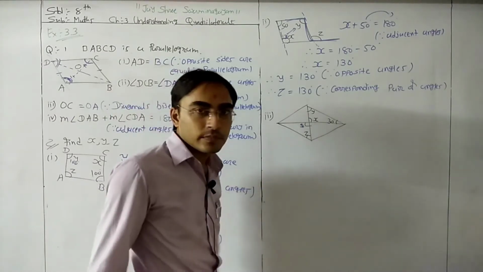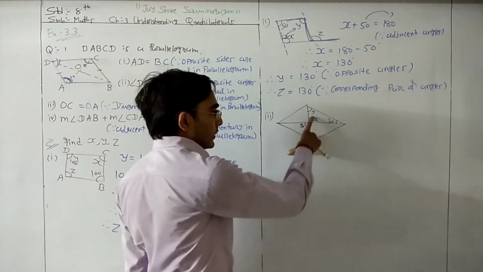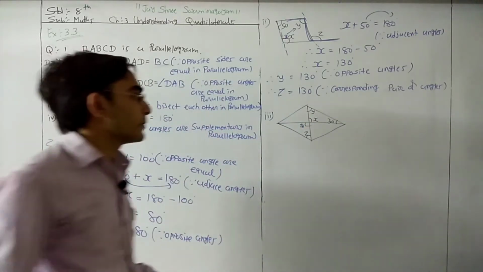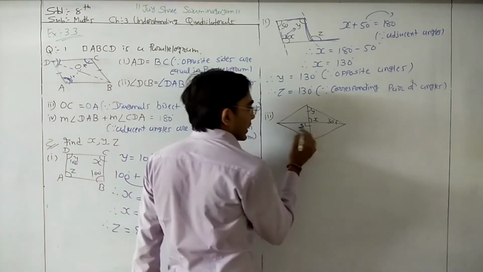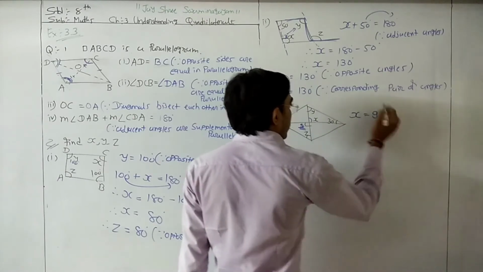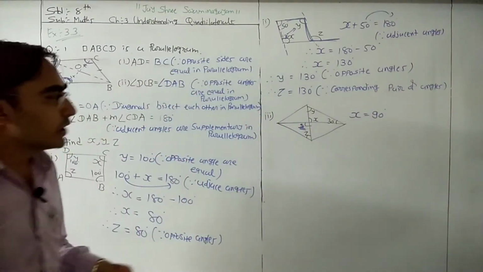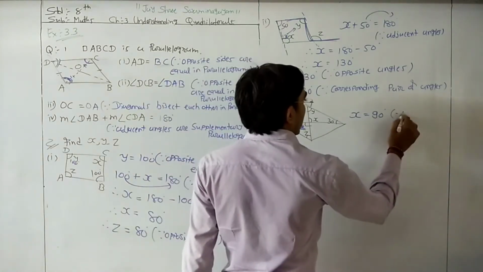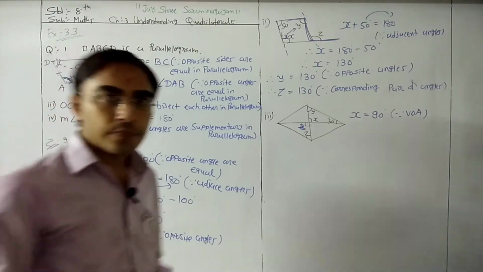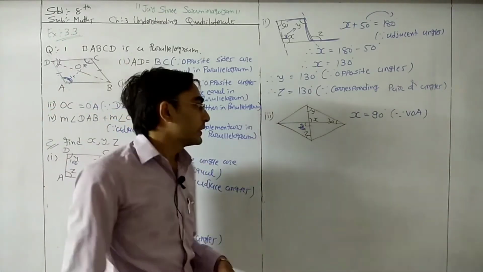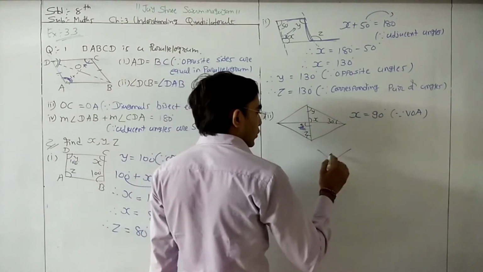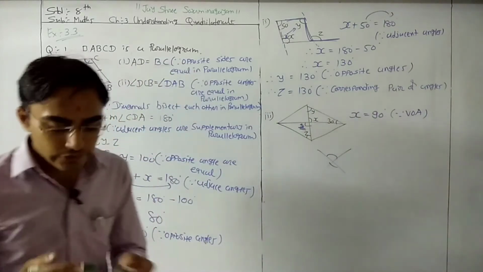So how can we find these values? First of all, we can directly find the value of x. Here it is 90 degrees, so x is also 90 degrees. Here one angle is given to you as 90 degrees, so directly we can say that x is equal to 90 degrees. Why? Reason is VOA. Do you know the meaning of VOA? Vertically opposite angles. We learned that vertically opposite angles means opposite angles are equal.